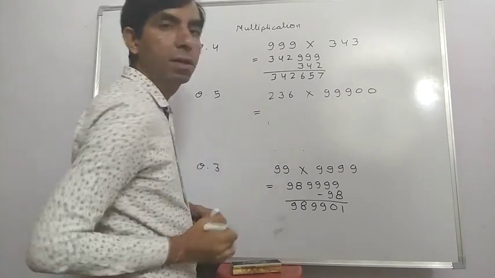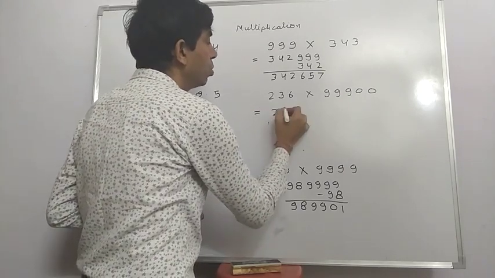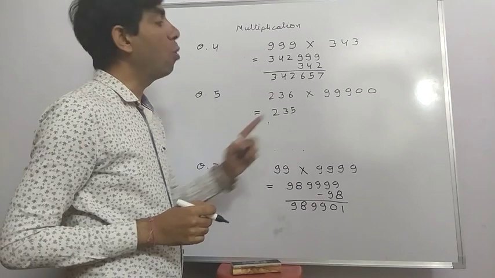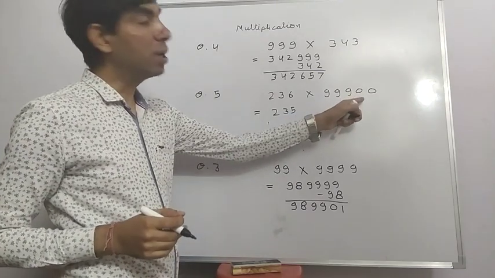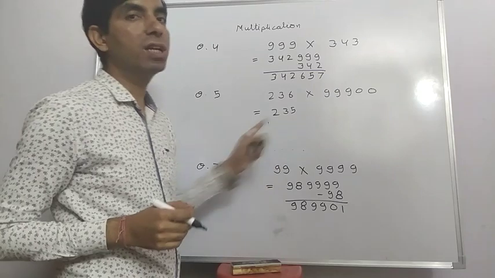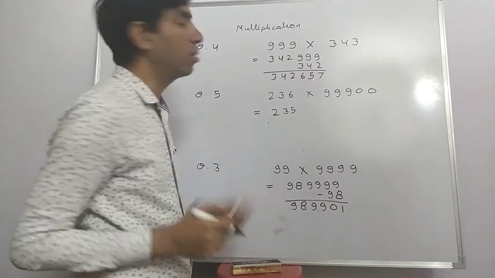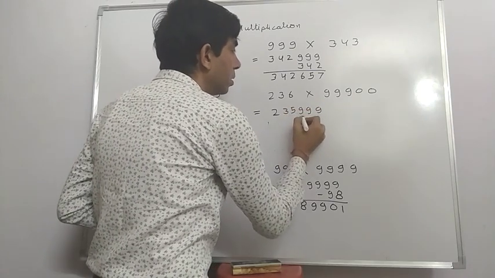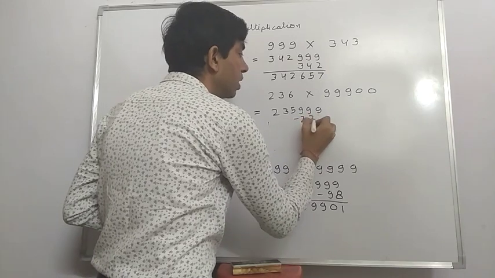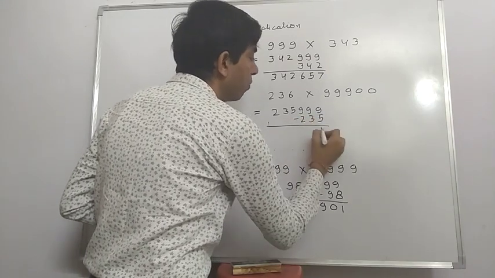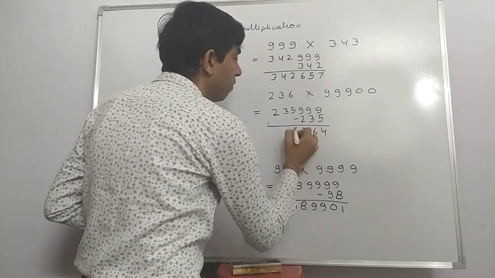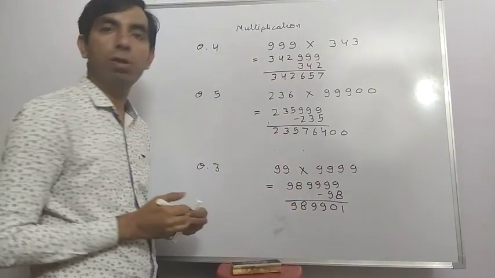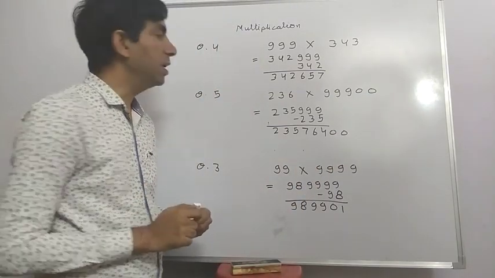So write the previous number of 2, 3, 5. In this calculation, we can use only the 9 digit number. In the answer, write the 0s as they are. Do not use them in the calculation. Right? 999 subtract 2, 3, 5. Then we get the answer 4, 6, 7, 5, 3, 2 and the 0s as they are. It is our solution.